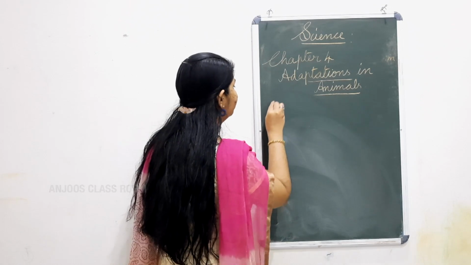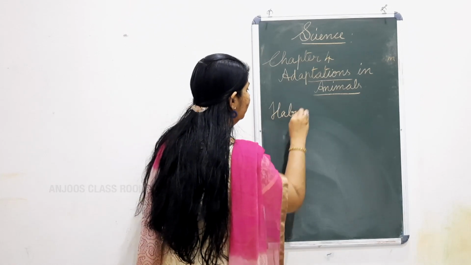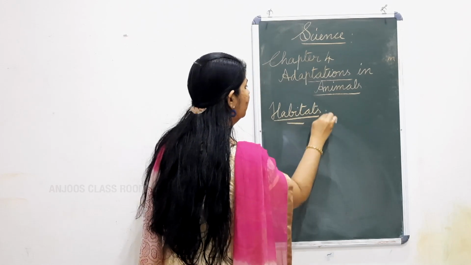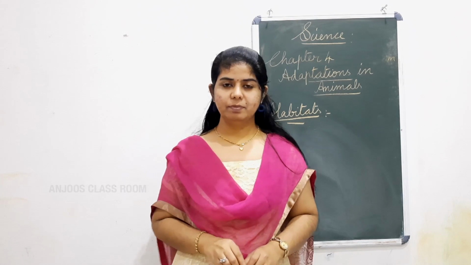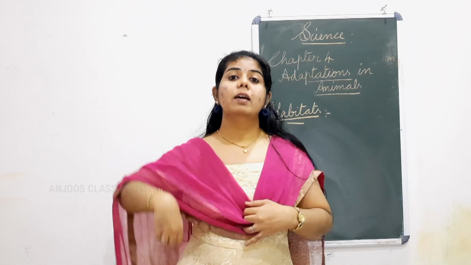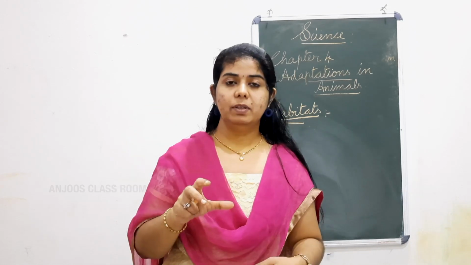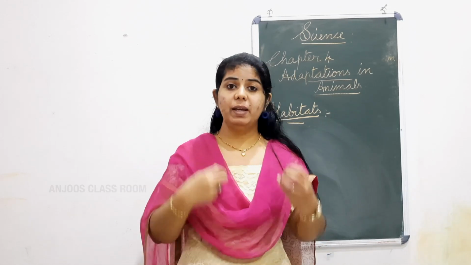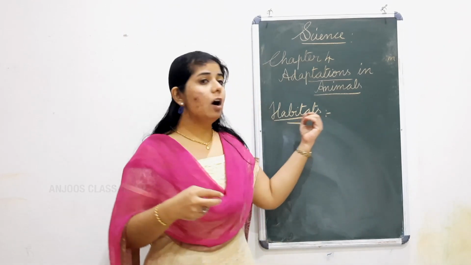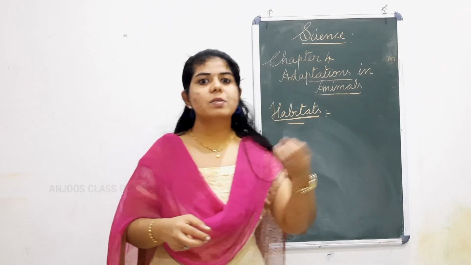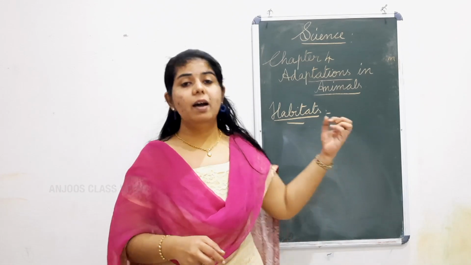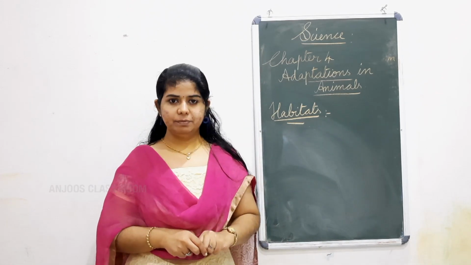The first one. Can you see it? What is written here? It is written here, habitats. The term habitat means the place where we live, if we speak of the habitat of a human being. In the same way, the habitat of animals, if I write here, is the place where the animals live, the place where they are. That is known as the habitat.